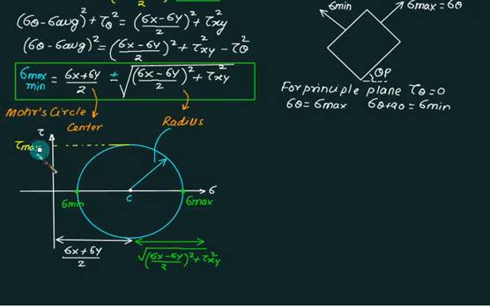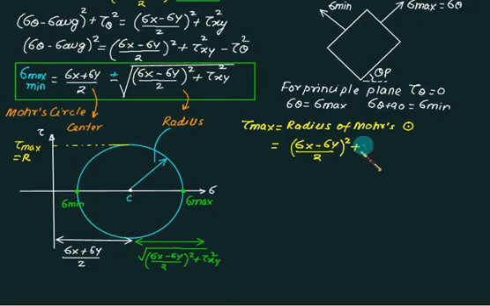Now if this one is tau max, then the value of tau max is the same as this value. Can we conclude tau max is the same as the radius r? This value is r. So can we conclude tau max is equal to the radius of the Mohr circle, and the radius of the Mohr circle itself equals the square root of ((sigma x minus sigma y) by 2) whole square plus tau xy square. So when you say tau max equals radius, then you can also say tau max equals the diameter divided by 2, because the radius is the same.